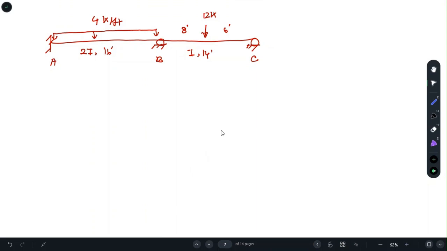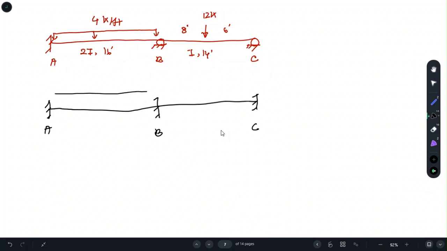Now we'll solve a second problem on an indeterminate beam using the stiffness method. As we said earlier, first of all, we will find the fixed end moments. For that, we will consider these two supports as fixed ends, and we will find our fixed end moments. Fixed ends, two supports, and this is point A, B, and C, and the loading as it is,